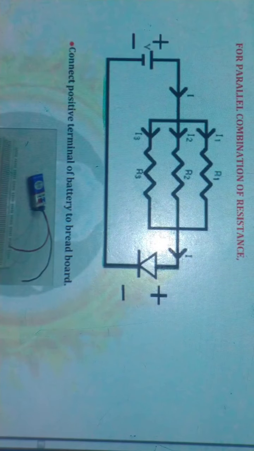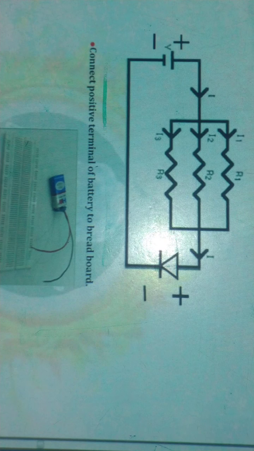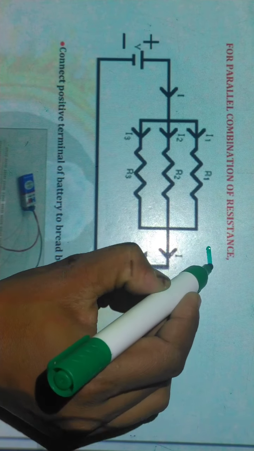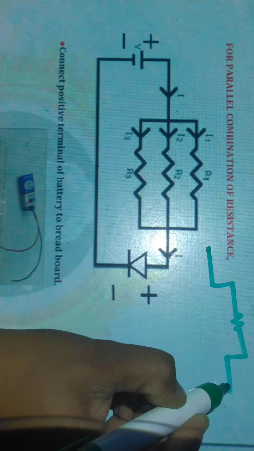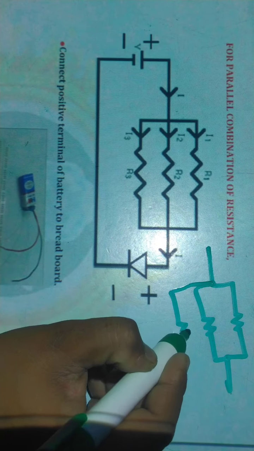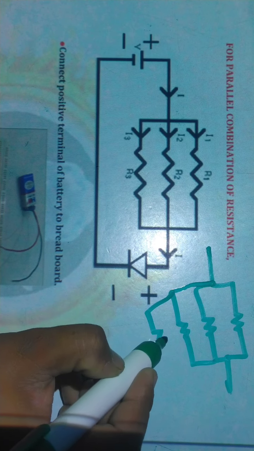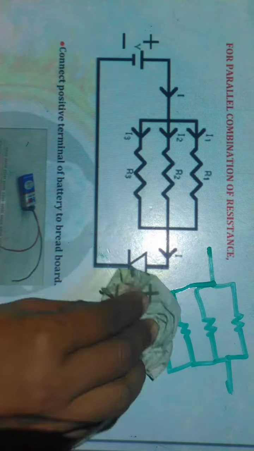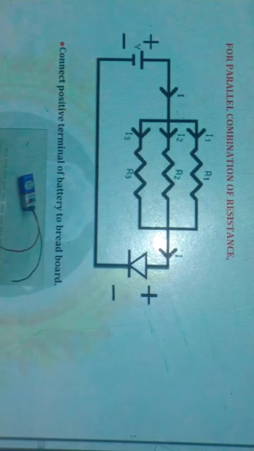Let us design this circuit on your whiteboard, how to design the circuit, and analyze what the intensity of light is when we connect the three resistances in parallel. Acha, you must note one thing: this is also a parallel combination, because this is for two resistances. We can add extra resistance. This is the three resistance. We can add one more resistance, four resistance, five resistance, and n resistances we can connect in a parallel manner like this. Okay, so let us move towards our procedure.